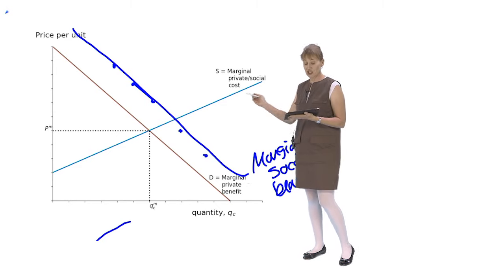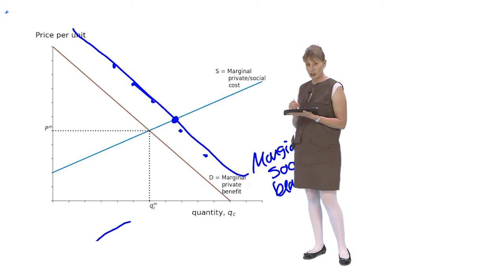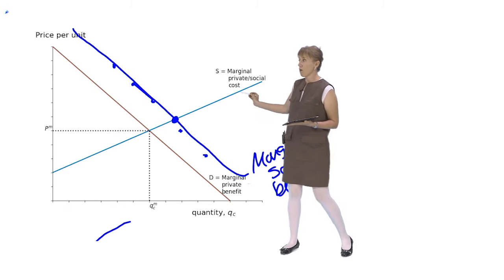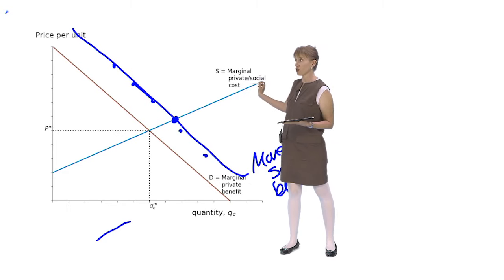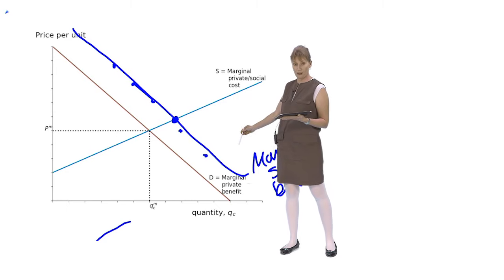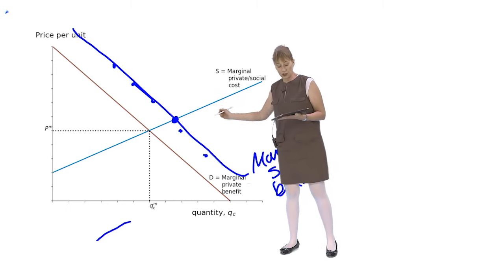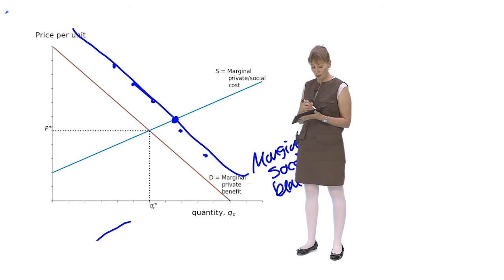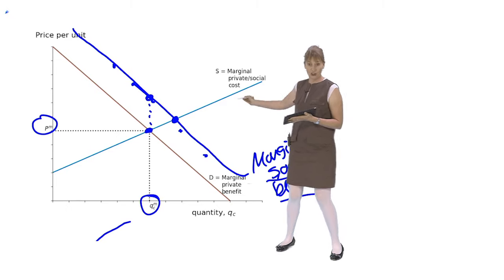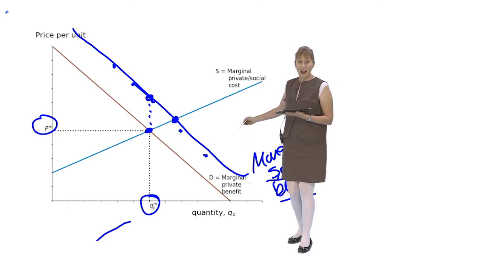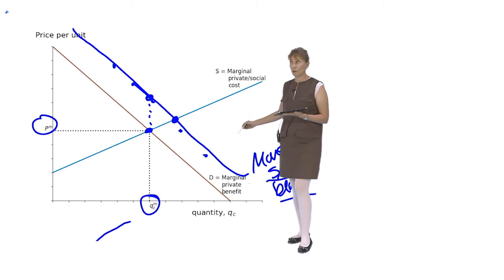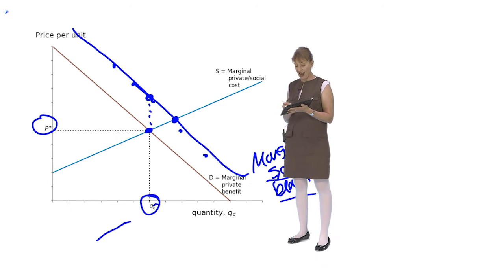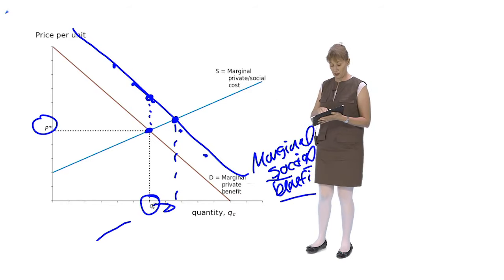The socially efficient equilibrium occurs at the point where marginal social cost is equal to marginal social benefit. And what you'll notice if you look at this picture is at the market outcome, marginal social benefit is greater than marginal social cost. So this market would be more efficient if a higher quantity of this good was consumed. So let's clean this up